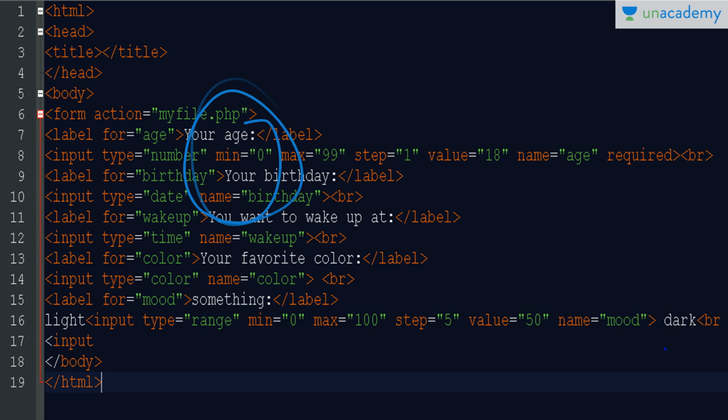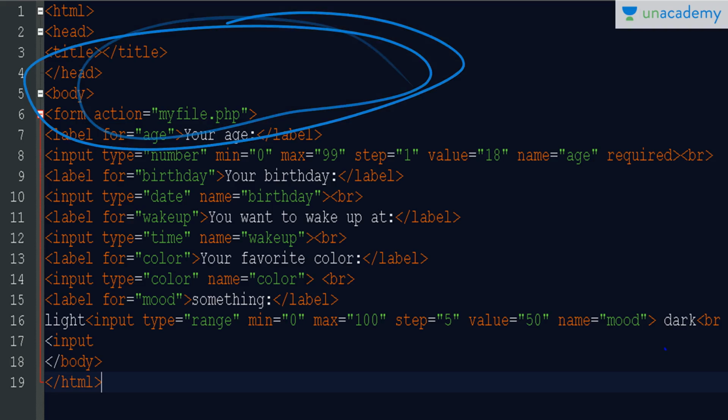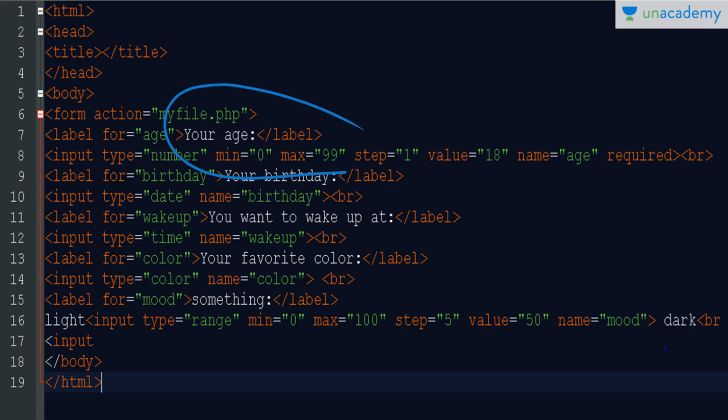And I want the maximum number not to exceed 99. So we cannot write a number greater than 99 and we cannot write less than 0. We are simply applying validation for our form. In this way we can decide the starting and the ending number.